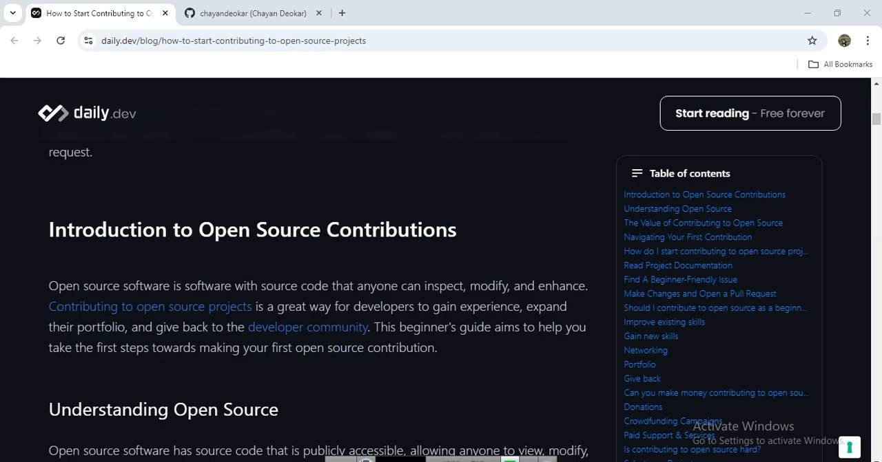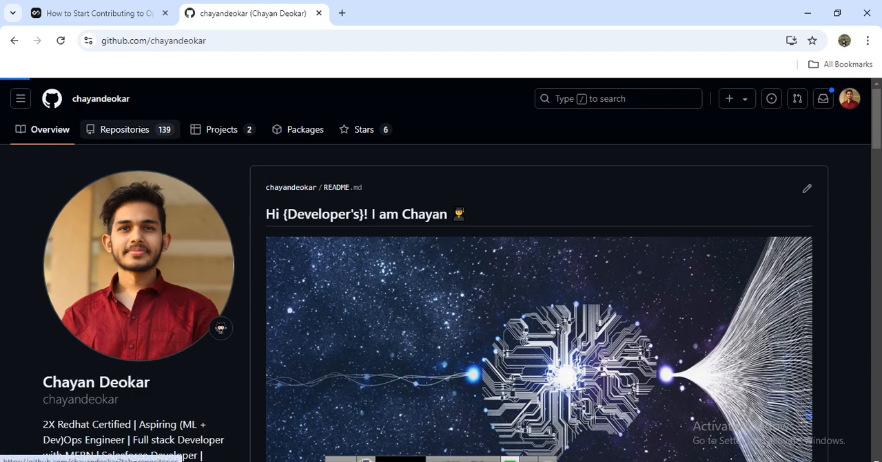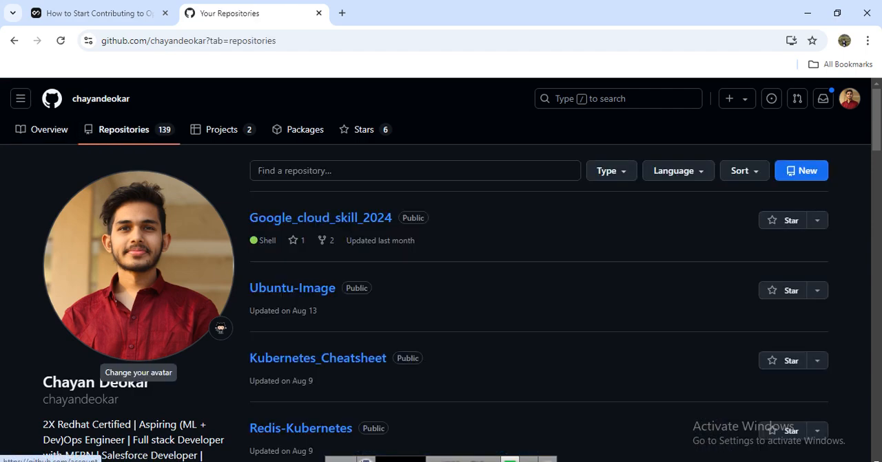Open source is software whose source code anyone can inspect, modify and enhance, and contributing means working on open source projects. Suppose I have created a project about machine learning, cloud, or full stack, and there are some bugs in it, and I want enhancements. I will push all that code to a place, my GitHub, which is open source. I have multiple repositories in my GitHub account,